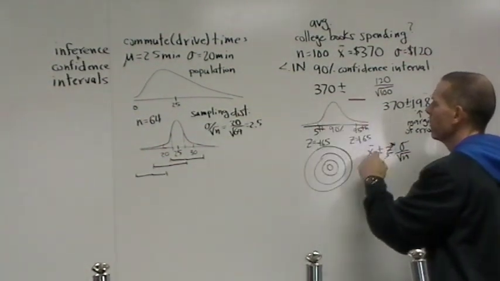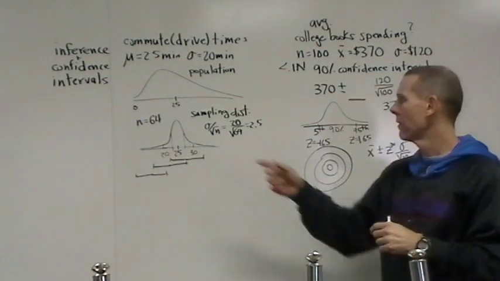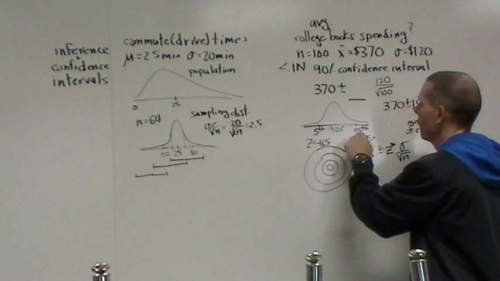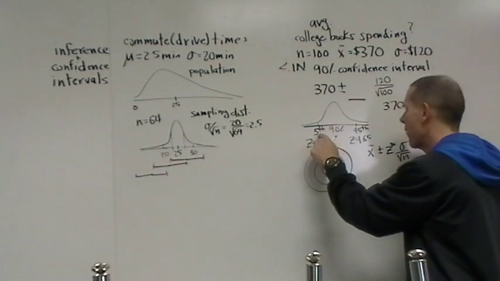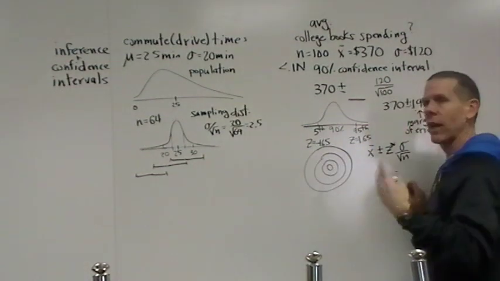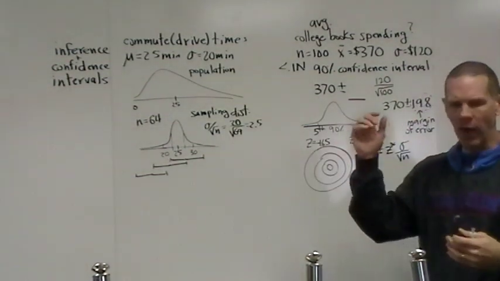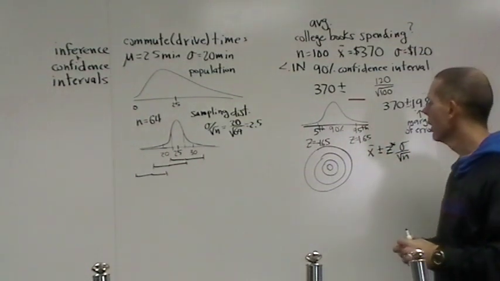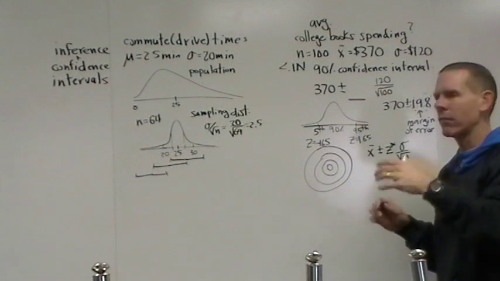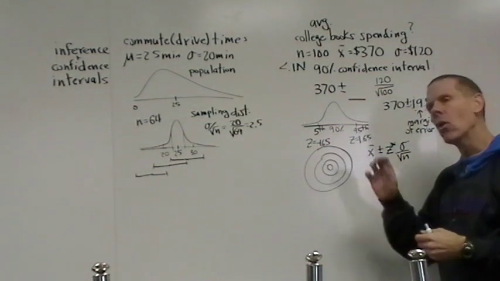If you look at a normal distribution and you want to encapsulate 90% of the population rather than 95%, you have to understand that makes this the 95th percentile, and that makes this the 5th percentile. That leaves 5% here, 5% here, total of 10%, which does leave 90% in the middle. You have to look in Table A in the front of your book and look around for the 5th percentile of 0.05, and if you do that, you're going to find a z-score of negative 1.65.